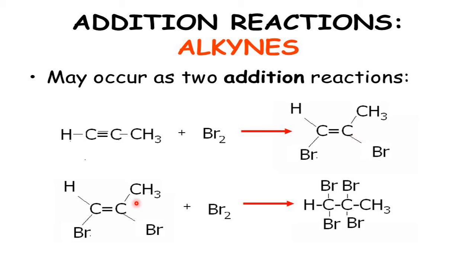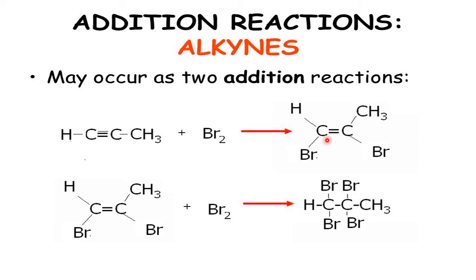This one converts once again into Br2, because a triple bond is there. No, that's why he said it may occur in two steps. So what is one step? Triple to double, then double to single. Okay, right. But you can control it. You can control with only one mole to go to the double bond only.